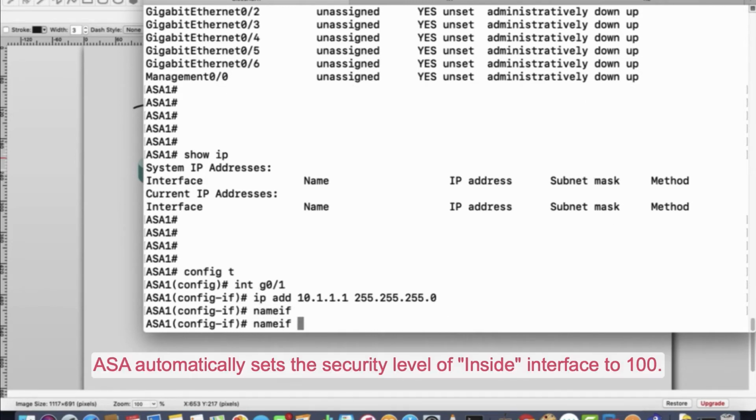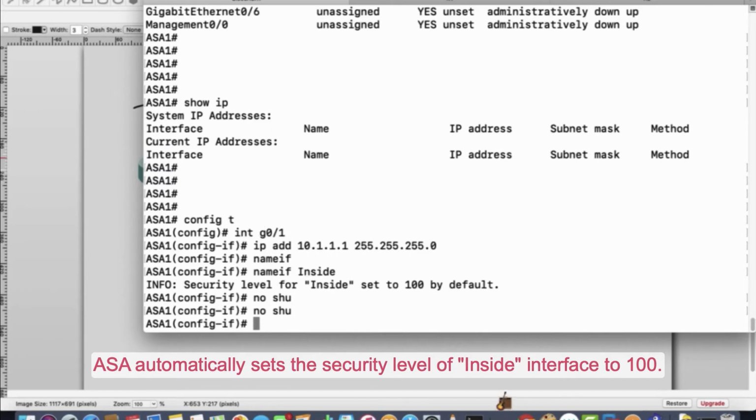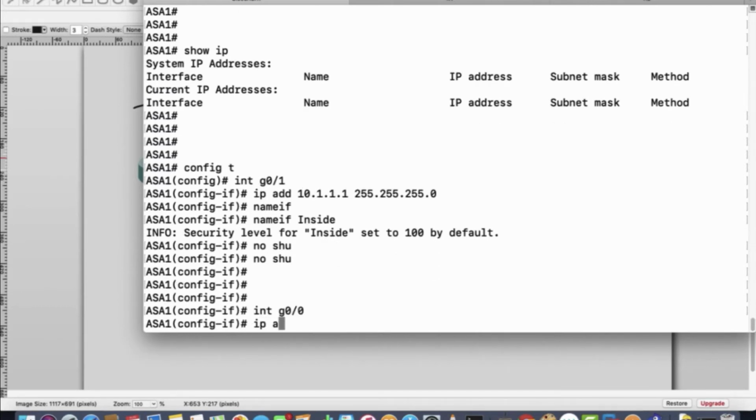Name if inside. See, it has automatically set the security level, which is defined as 100. So I'll no shut it. Now I'll go to 0/0. I'll name it as,